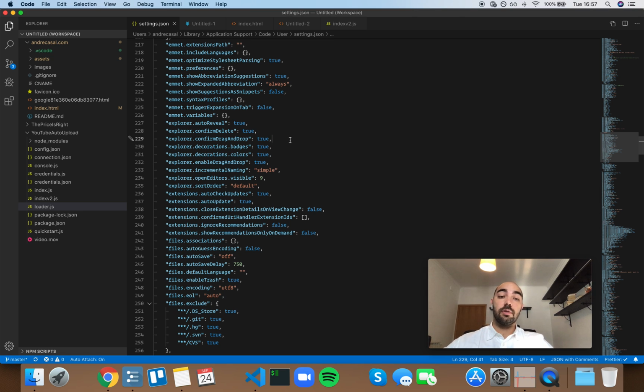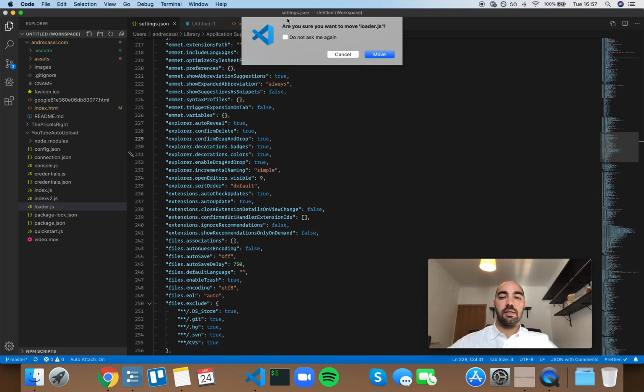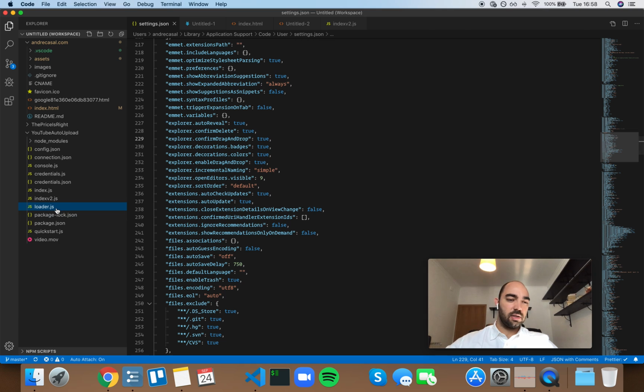Okay, so explorer confirm drag and drop. By default this is set to true, and this is what happens when you drag and drop a file to another folder. You get this little confirmation box. Now, if you choose to set this setting to false, or you tick this checkbox, you're going to set, actually,